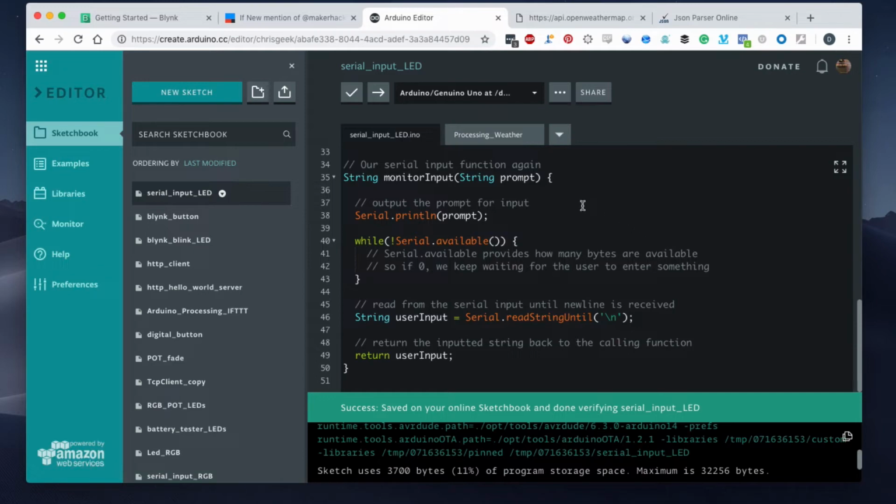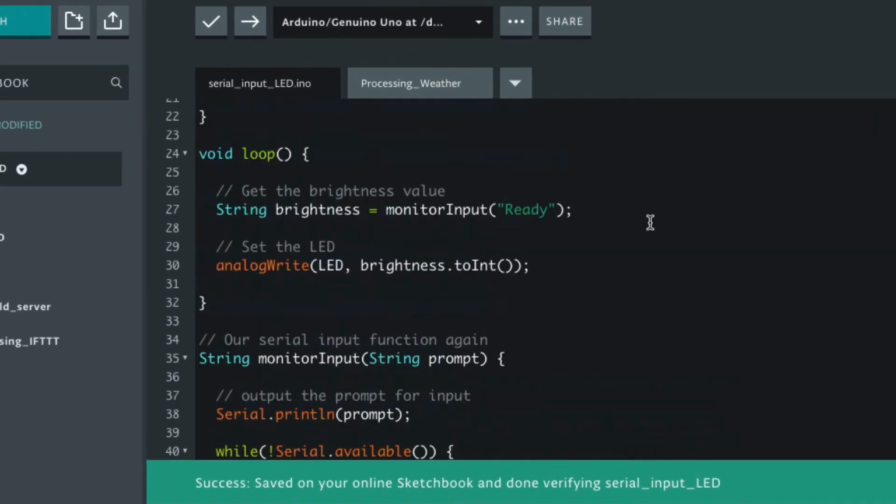Remember the function in the Arduino where we send a prompt and wait for some information back? That's all we're using again. So we send the monitor input ready, and we get back brightness, and we set that brightness to the LED. So if we get 255, it'll be full on. If we get 0, it'll turn it off. And it just takes the string that we get back from the serial monitor and we turn it into an